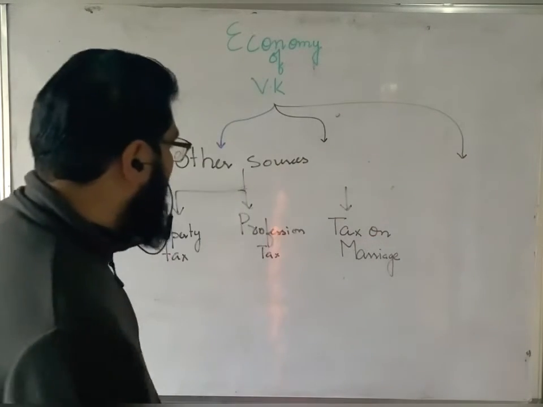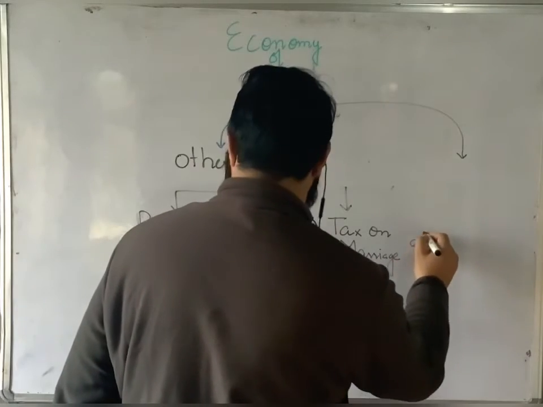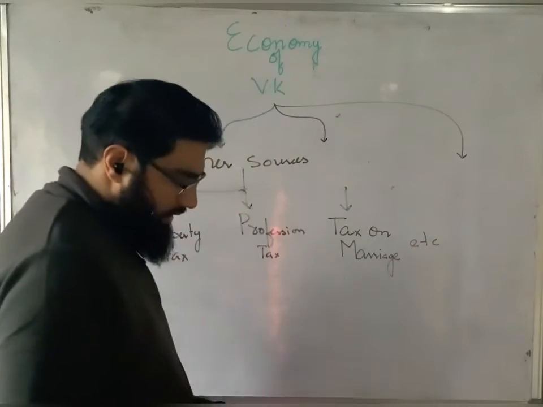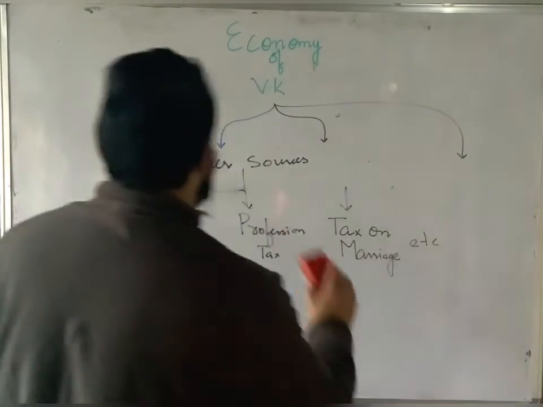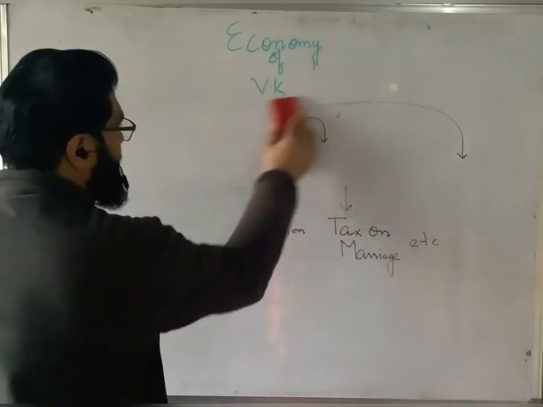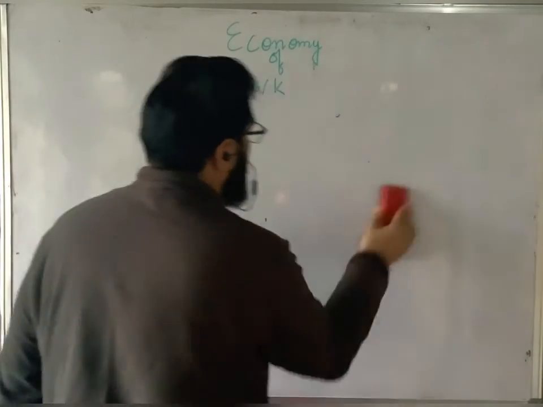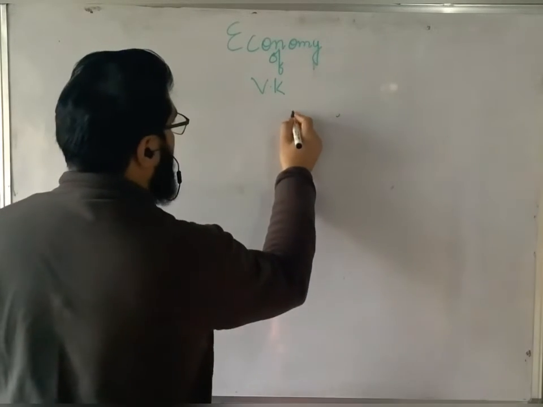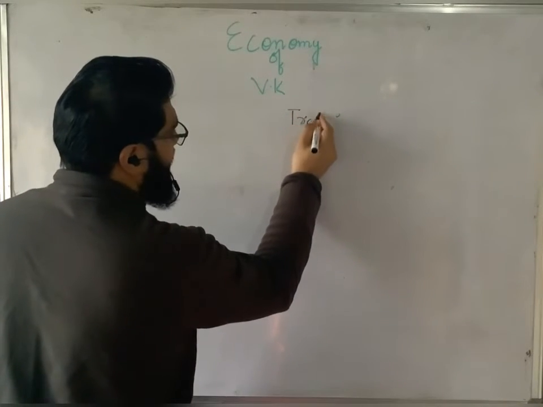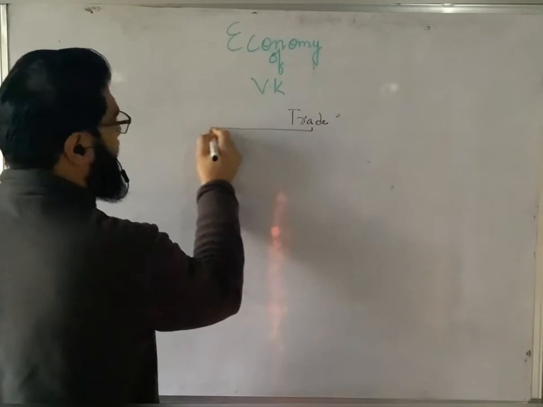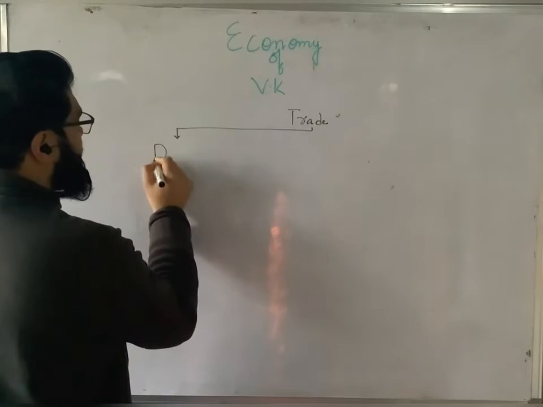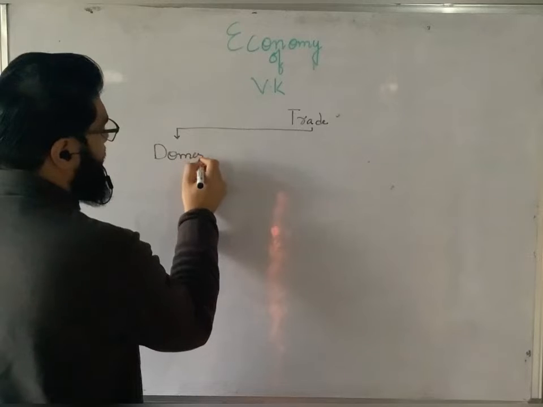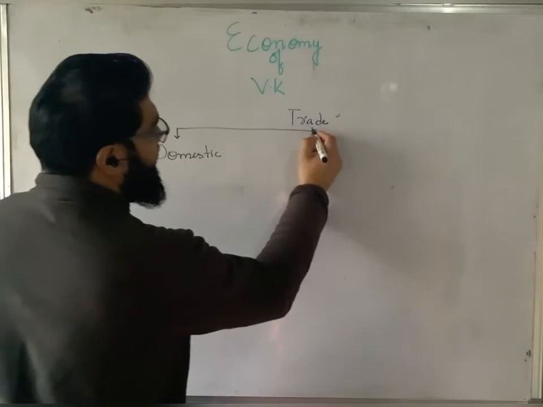Now, extra, हाँ? Property tax लिखा मैंने. Now, what about trade? Flourished. Trade was booming, you know that already. ट्रेड दोनों किस्म का था, डोमेस्टिक ट्रेड भी और ओवरसीज ट्रेड भी। ठीक,